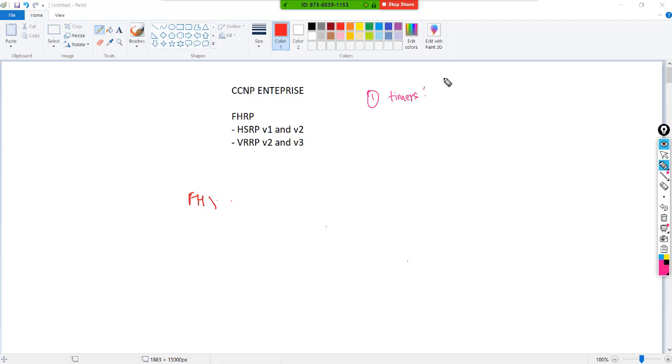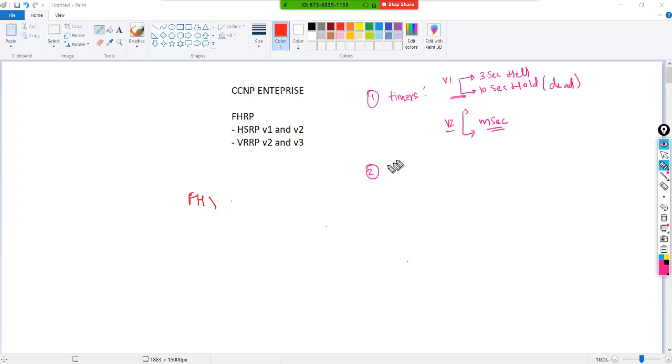Your HSRP version 1 has by default 3 seconds for the hello timer and 10 seconds for the hold timer or dead timer. But in the case of version 2, they are going to be in milliseconds, much faster than version 1. So your version 2 has millisecond support.